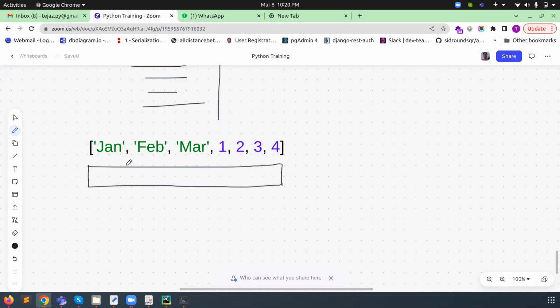So it will come in the 0 cell, meaning January is coming at index 0. Feb is coming at the first index. March is coming at the third index. Then 4, then 5th, then 6. Here it will come 4th, here 5th, here 6, here 7.